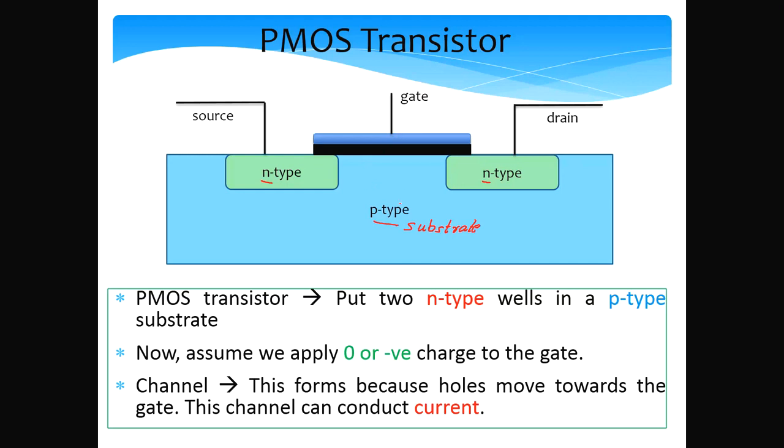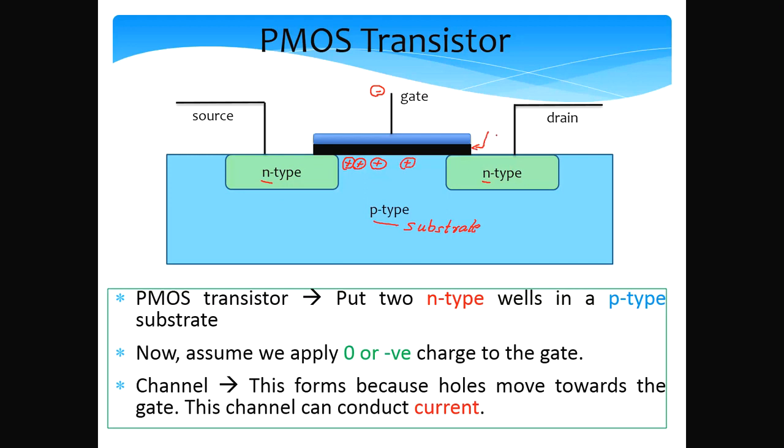So if you apply a zero or a negative charge to the gate, what will happen is that all the holes will get, so let's say I apply a negative voltage to the gate, or even if there is no voltage, I can design the transistor in such a way that if there is a small negative voltage, or even if the voltage is 0, all the holes will get deposited here, just below the SiO2 layer. So the structure is the same.